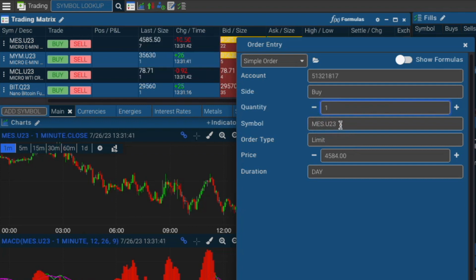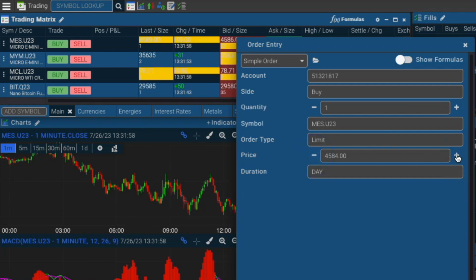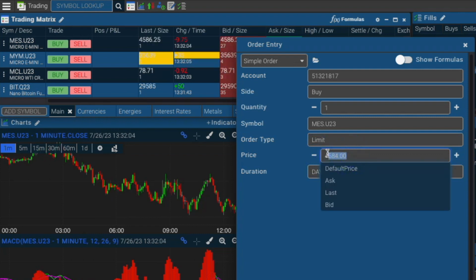You'll see the symbol you're trading. It's going to be preset to a limit order, and it typically will bring up, if you're buying, the last ask price. But again, that could be changed, either using the plus or minus buttons, which will move in 1 tick increments based on the contract's tick value, or again you can highlight it and you're going to have your pop-up menu again. You could set it to the last price, the ask, or the bid,